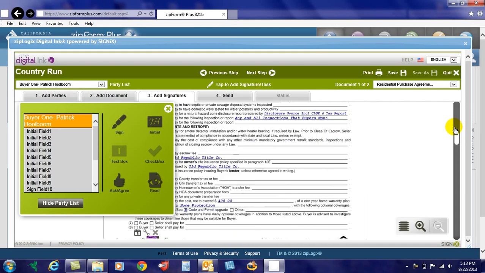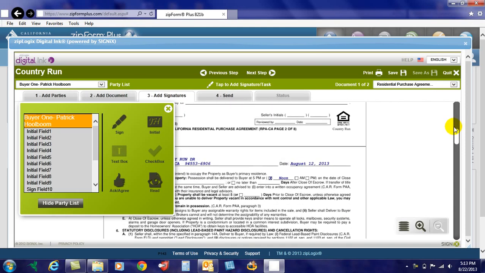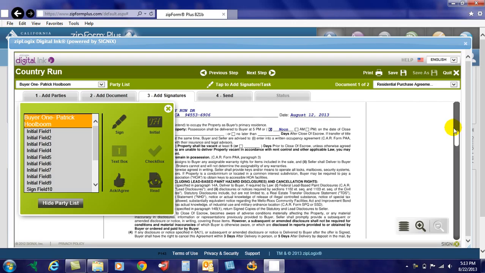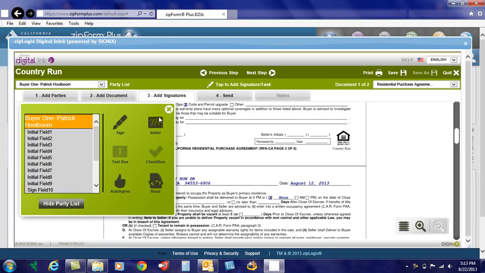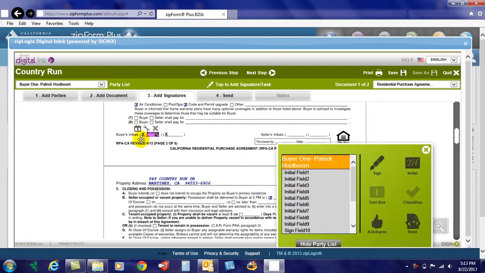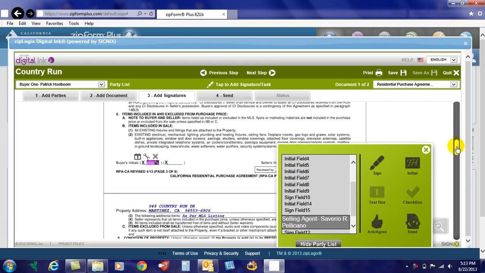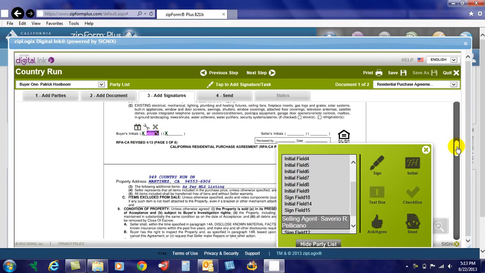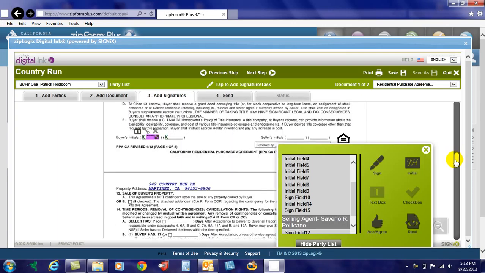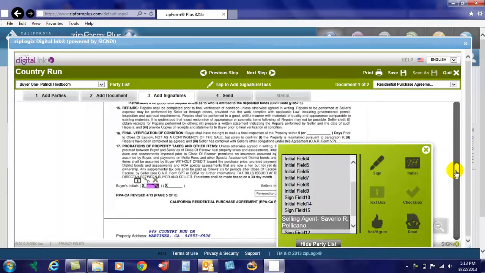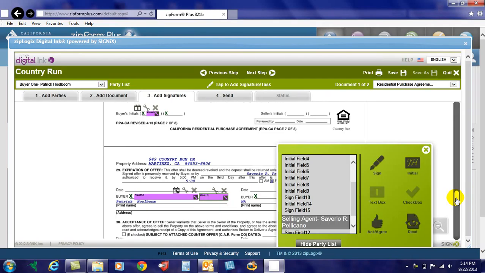If we look at the bottom of page 1, you'll see that the spot for the buyer's initials is already here. When they get that, all they'll have to do is click on it. It'll put that at the bottom of each page. The program knows exactly where you want your buyer to initial. As long as you've initiated this document in Zip Forms or Zip Forms Plus, the program knows where it needs to be signed. If we take it all the way to the end, you could see there's a signature block